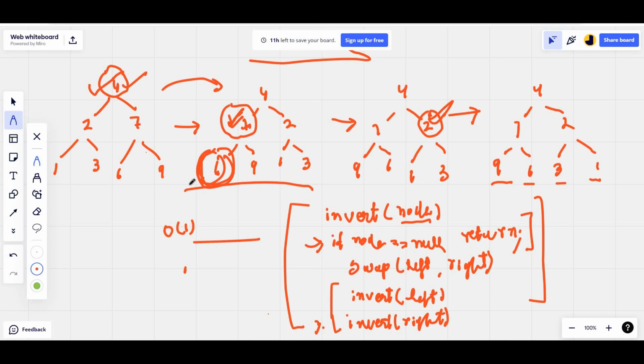Although it is easy to understand how it is actually working, we start from node number 4, we make the switches, the tree structure is like this, and now we recursively call the same function for this node, and then the tree structure is like this. These nodes are swapped. Then we call the same function for node number 9, and we can see that for node number 9 we do not find any left and right child, because they are null nodes. Then we call invert function for the left and right child of this node, where we are passing null pointers for them, and when we are passing null pointers we end up with this base case